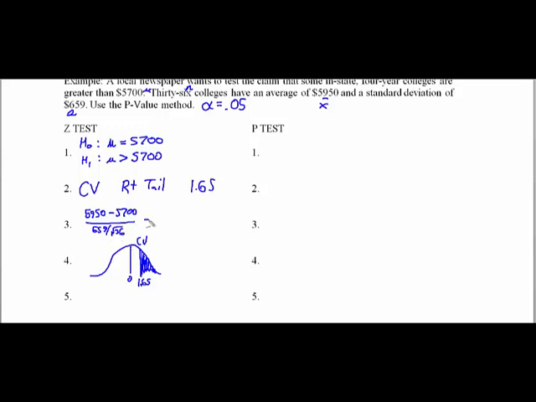And if I do that correctly, what I get is an answer of 2.28. And that puts me, well, way over there at 2.28. So my test value is higher than my critical value. Therefore, since 1.65 is less than 2.28, you could have also said that the other way around, 2.28 is greater than 1.65, we will reject